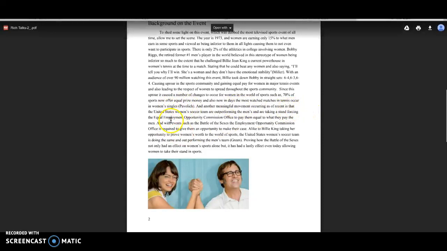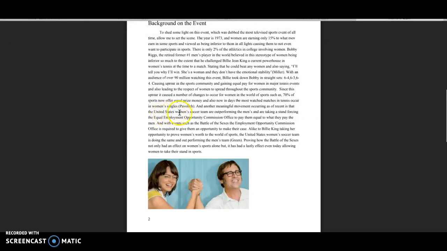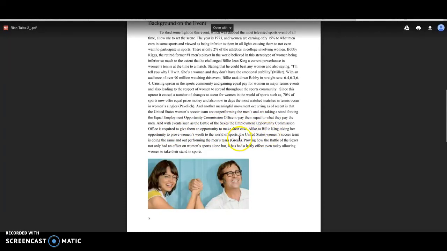And then I also touched on a more recent movement, which involved the United States women's soccer team and how they're now able to take a stance for equal payment because they are now consistently outperforming the men's team, and how since the Battle of the Sexes, they're able to use that as their claim, and I talked about that right here.